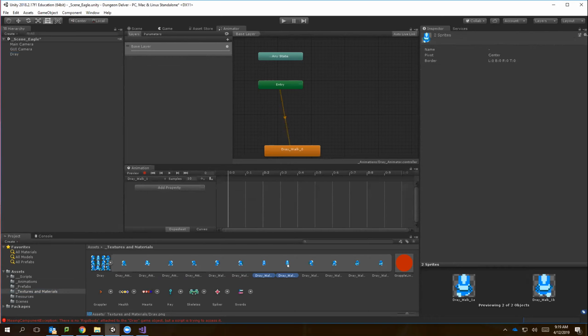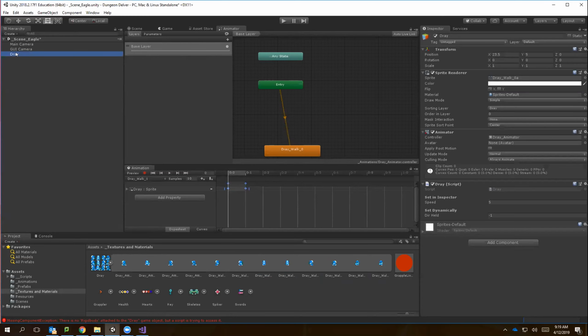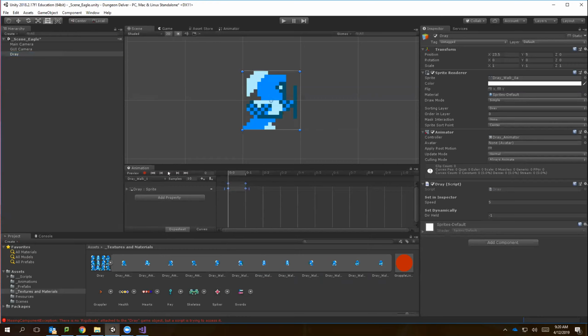So now that I have walk 1A and 1B sprites selected, I'm just going to drag them and drop them on the animation timeline. That should populate my animation walk 1 thing. Now I can be sure by clicking on Dre, going to my scene, and clicking my play on my animation tool. And now I see him walking backwards. Make sure you make it 10. Okay, so now